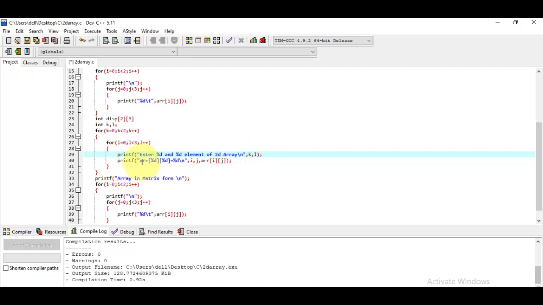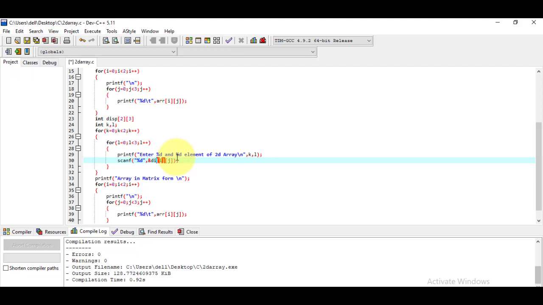Now here I am using the scanf function, and here I have to use the format. I have to say percentage d and here I have to write a percent symbol, and here I have to give the name of the array.